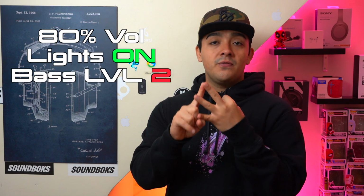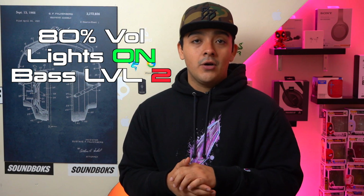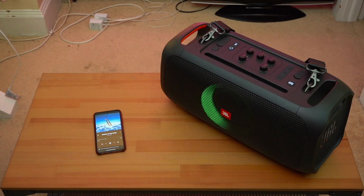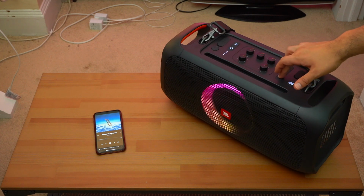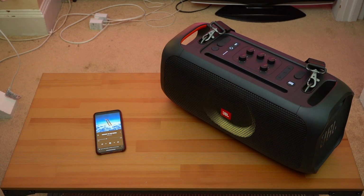with its light feature turned on, and with its bass boost feature set to level 2, we're looking at a real-world battery life of around an hour and a half, maybe 2 hours of playback time, which quite frankly really isn't all that impressive given this speaker's sheer size and weight. And keep in mind, if you use this speaker at a higher volume, then its battery life is going to drain even faster. Whereas with the Hyperboom, real-world use with this speaker playing at 80% volume, we're looking at a